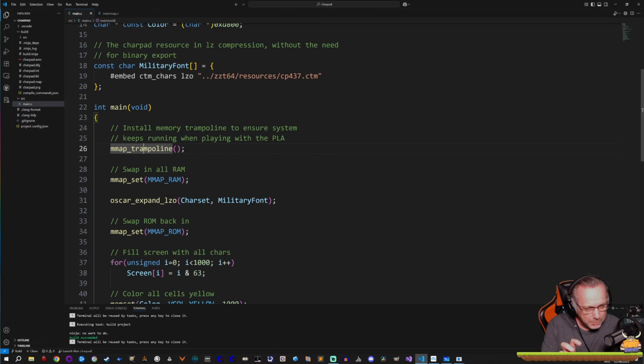Anyway, what is a memory trampoline? I will first explain why this is necessary. So you can see here that we're swapping in all of the RAM, meaning that the CPU can no longer see the kernel ROM or the BASIC ROM, depending on which you choose. We see all RAM. Then we take some time copying and unpacking a font, and then we switch them back in, and we're done. Well, it so happens that during this time that you have the kernel swapped out,